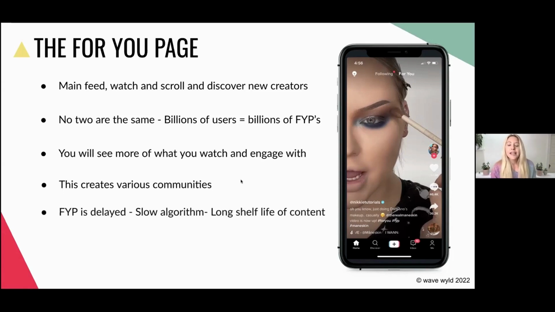One thing to keep in mind is that the For You page, I say it's delayed. What that really means is that it is a really slow algorithm on TikTok, and a lot of people find that hard to adapt to, because on Instagram, you post something and you immediately get likes and that sort of thing. On TikTok, it is much, much slower, and there's a long shelf life for your content. TikTok has publicly stated that your content lasts around 90 days.